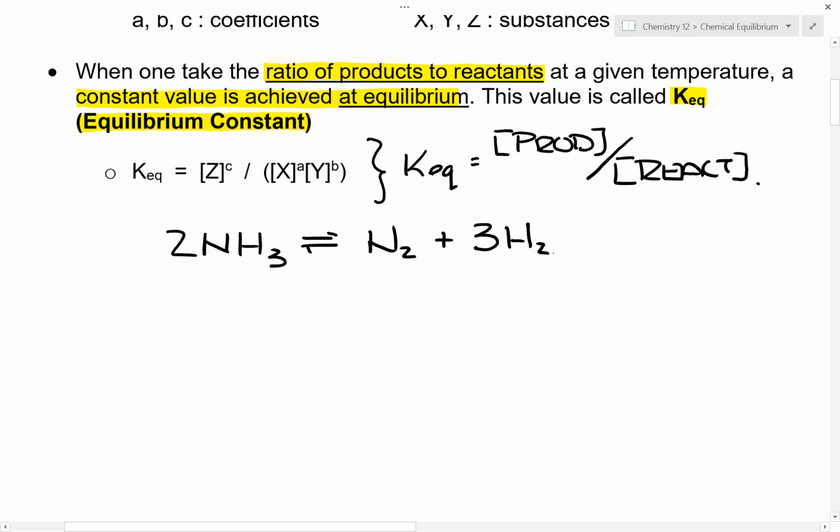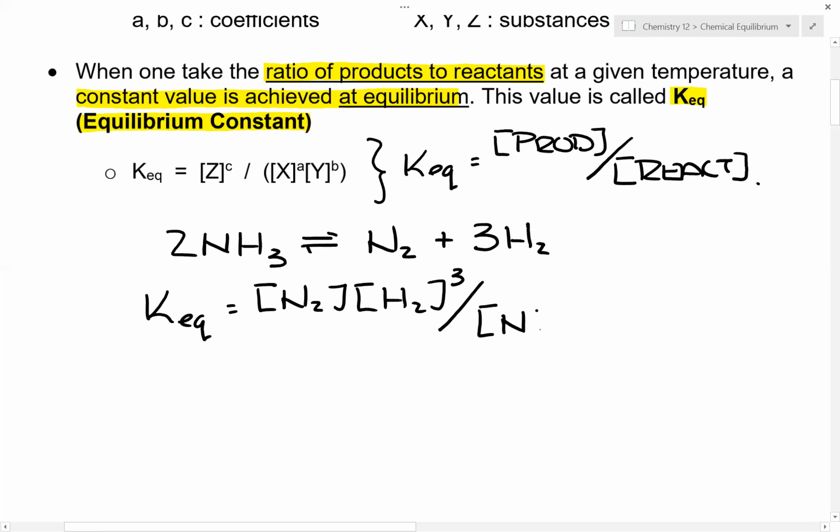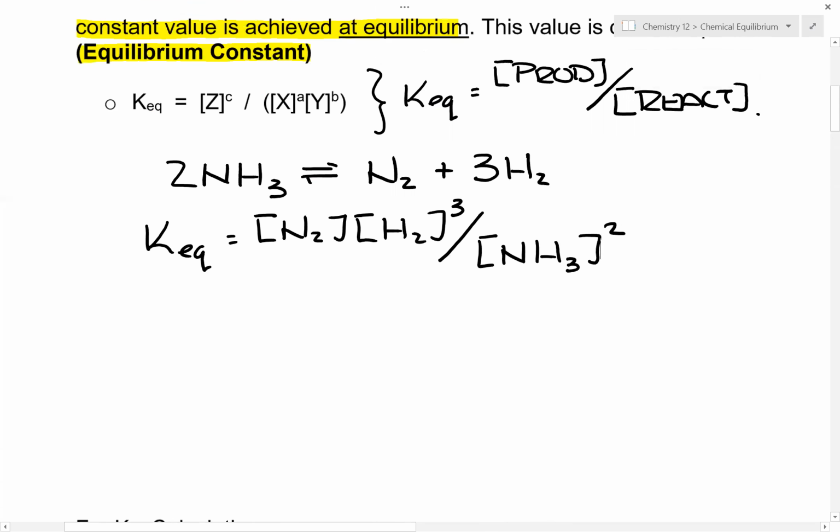If we were to ask for the equilibrium constant, it would be KEQ is equal to the concentration of N2, concentration of H2, raised to the power of its coefficient, in this case 3, divided by the concentration of the reactants, raised to the power of its coefficient. Now, you might say, okay, Mr. Chan,